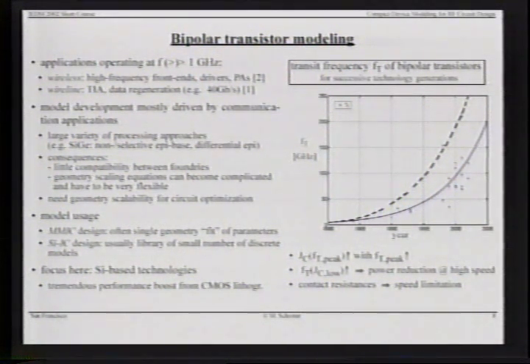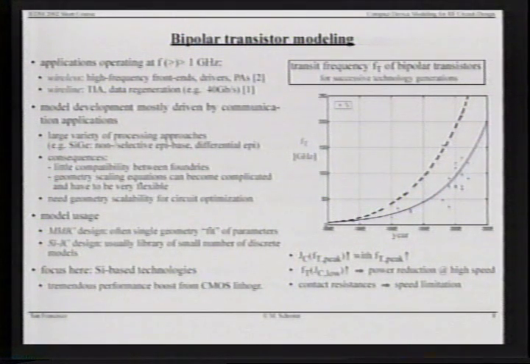Let's start by talking about bipolar transistor modeling. What you see on the right-hand side is an overview in terms of transit frequency in gigahertz versus year. The development is exponential. There's one company, or two companies actually, moving ahead compared to the bunch of others, but it clearly shows that we're moving well above 100, 200 gigahertz in bipolar technology, and we have to cover the physical effects occurring in